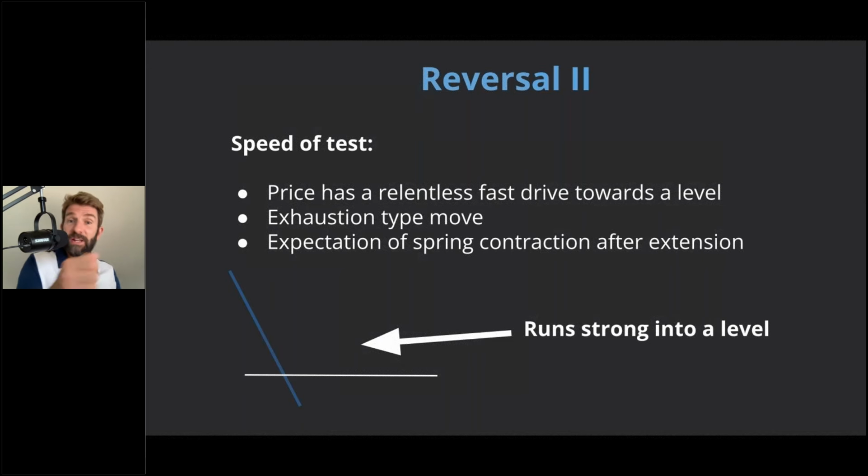And then we layer in the intraday spring being stretched. So now we're at the level and we've seen a very, very quick movement. We see people hitting bids, hitting bids. Then at the strong level, we expect some demand coming in. Bang, we're expecting the spring to contract after that extension. That makes sense. I've visualized that for you, and that's the way I think of it in my mind. Maybe it's just my mind trying to make sense of some tape movements, but I really think that's a good way of thinking.